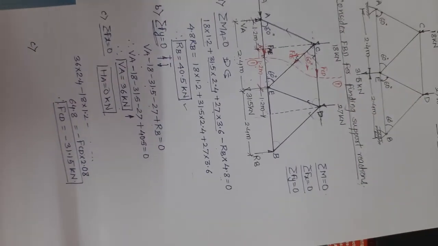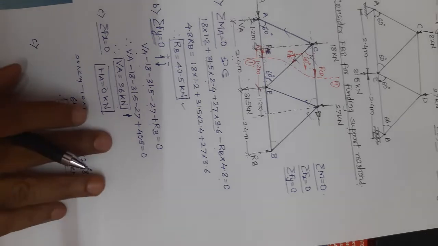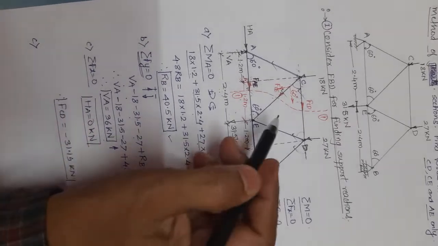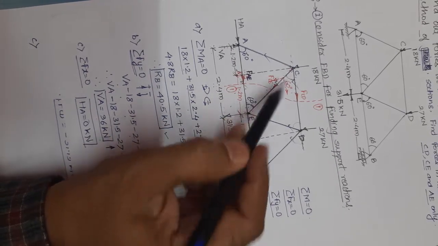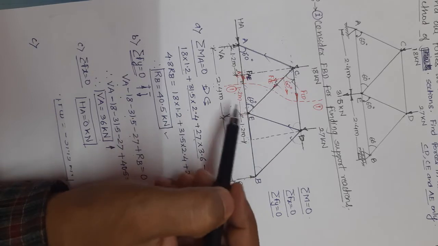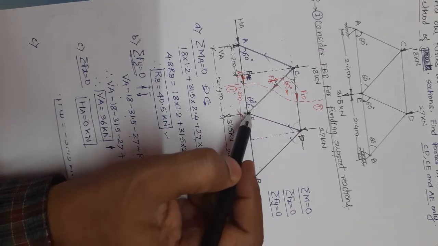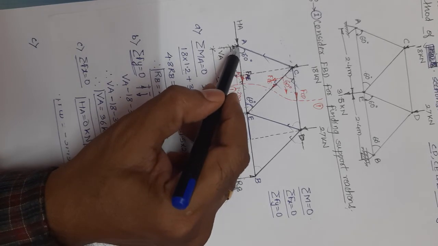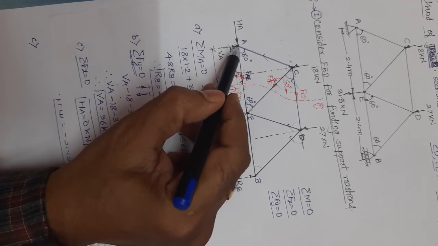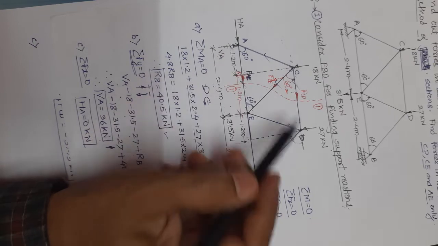First of all we have to think at which point we have to take the moment so that you get FCE properly. At which point would it be good to take the moment? We need FCE, right. What we require is FCE. Taking it at E will not work. Either take it at A, or else take it at D. Did we take A earlier? We have taken.